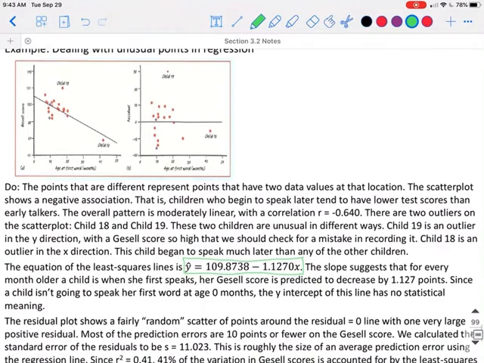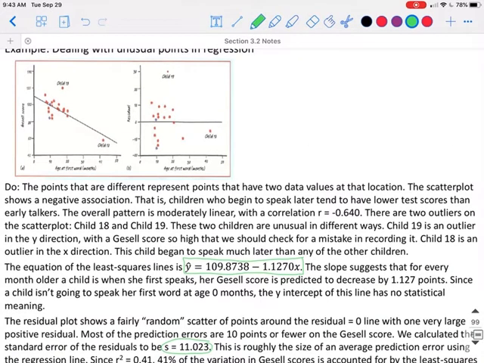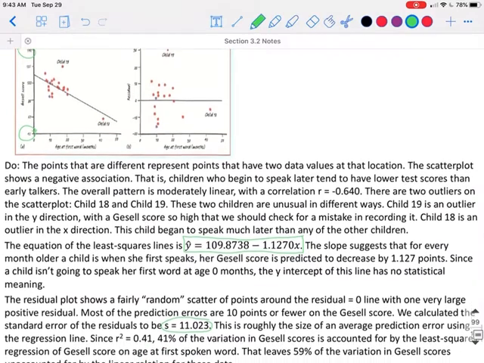Now, if we do more calculations with this, we can find that the S value is 11.023. Remember, this is telling us on average how far off our estimate is from the actual score. So for the students' scores, which ranged anywhere from 40 to 140, our predictions on average were off